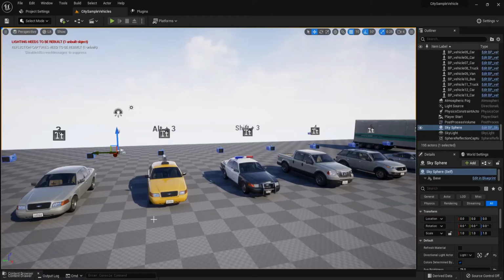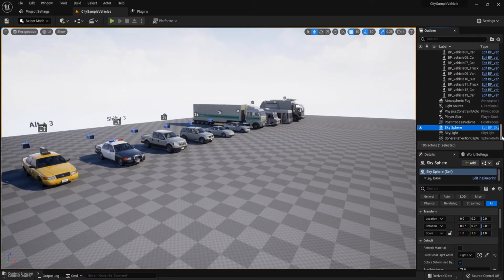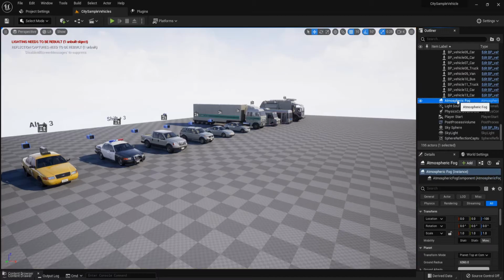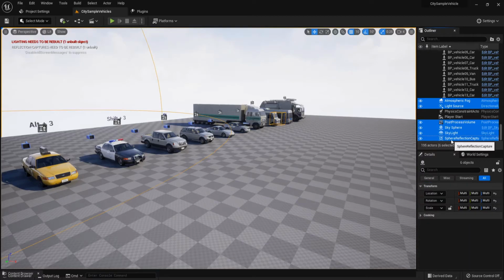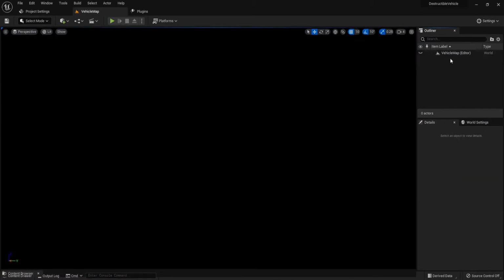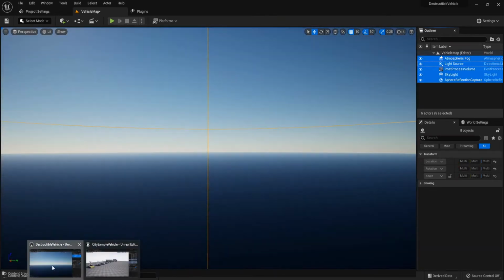Then open this city sample vehicle project, and we find the lighting from this. Select light source by pressing Control and select Sky Sphere, Skylight, and Sphere Reflection Capture. Copy it, Control C, and paste it inside this new map. Now we have the lighting,